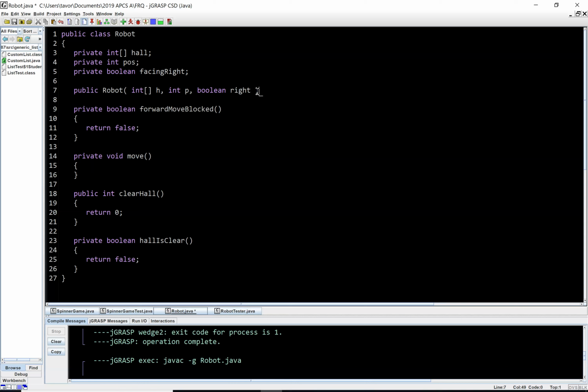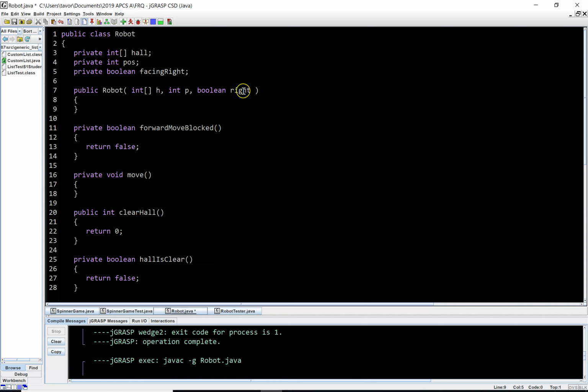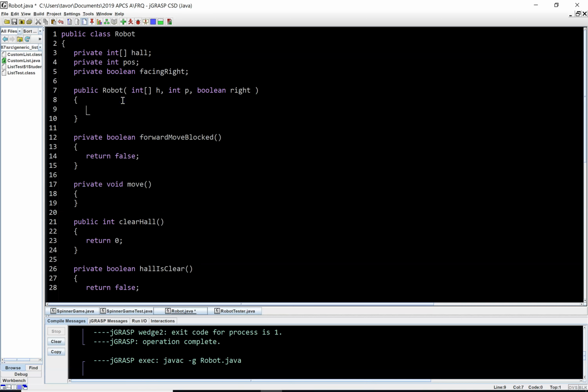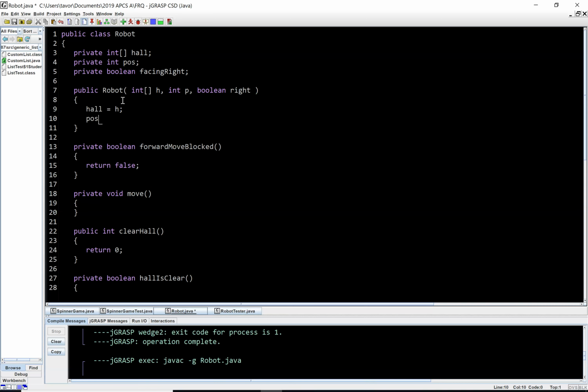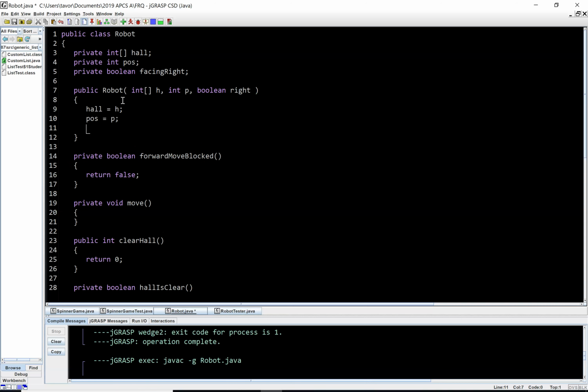for facing right. And what we do with the constructor is that we can initialize these values. Notice that they're not initialized right here. I don't have something like position equals 0, or facing right equals true. That's not there. And that's what we do with the constructor. The constructor allows us to initialize these variables. And so we could say haul equals H, position equals whatever P is, and, I'm messing these up, facing right